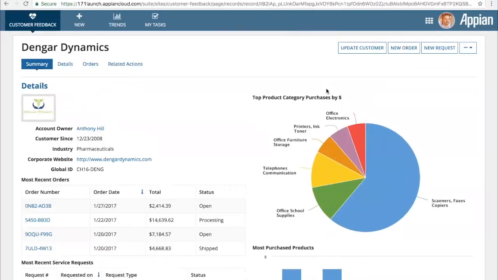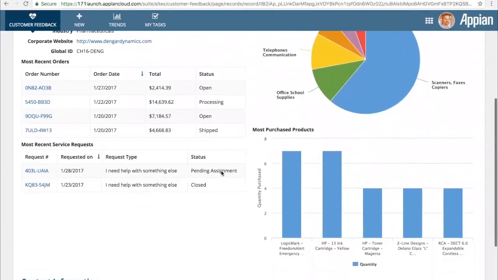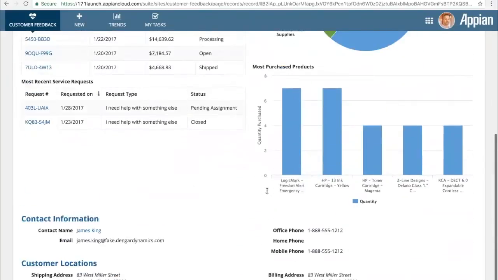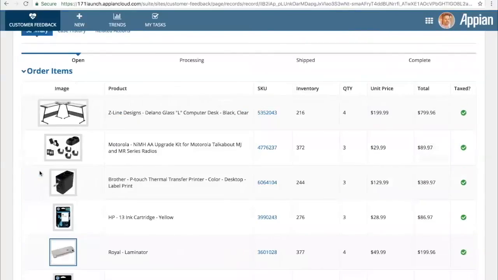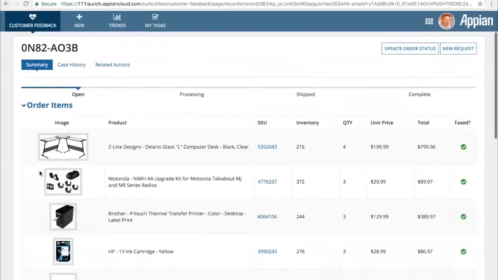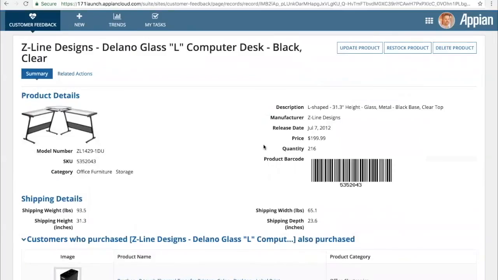Pop over to all my Salesforce information, bring that up, show it to me right here. I can see, well, yeah, they love that Brother printer, but they don't buy it. Actually, they buy HP products often. So I can drill into these details, find out more information about it, or maybe see some of their most recent orders. Again, carrying me through all the navigation I need for all the information I have. If I want to see more about that specific SKU, well, there it is right there as well.